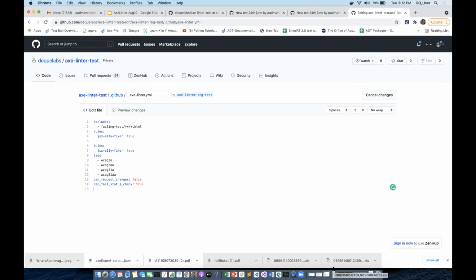Right. Then the other question I have is, does it support semantic errors as well? Sorry, can you repeat that, please? Does it support semantic errors as well? Yes, it does. The inbuilt ESLint is also supported by AxLinter, so whatever semantic errors ESLint shows up, AxLinter will also give you alerts.